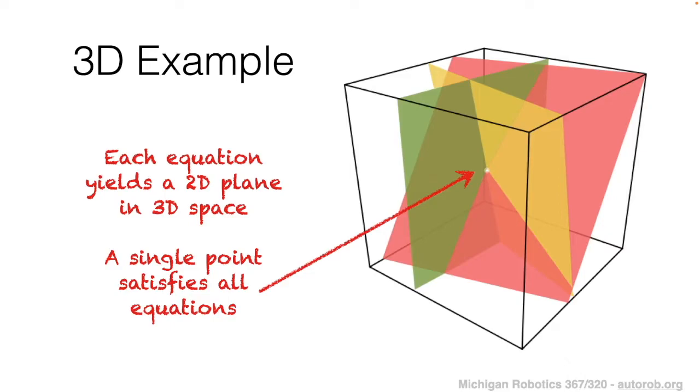So each linear equation in a 3-dimensional space defines a plane, and that same intuition that we had in the case of lines in the 2D example would work for planes. So if there's a point on these planes that intersects with all of the planes defining this linear system, then that point would be a valid solution. In this particular case, there happens to be a single point that intersects with all 3 planes shown in this linear system. And so we would consider that single point to be a solution that satisfies all 3 of